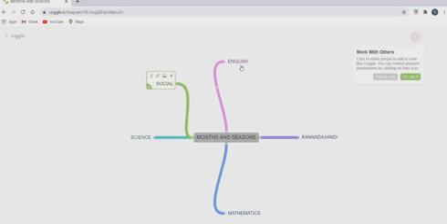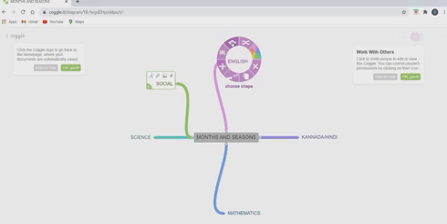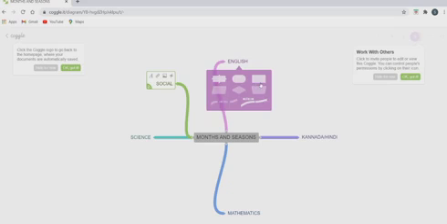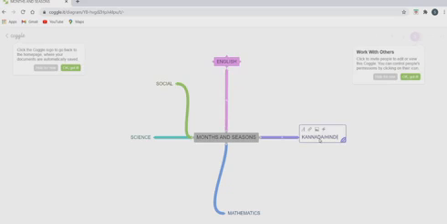Next, you have to take a sub branch for each subject. Before that, if you want to insert a box for the subject, you have to right click on the text. When you right click, you have an option called choose shape. If you click on that, you will get different types of boxes. Select any one. Do the same thing for the other subjects.